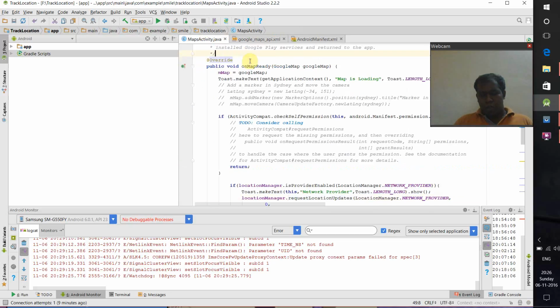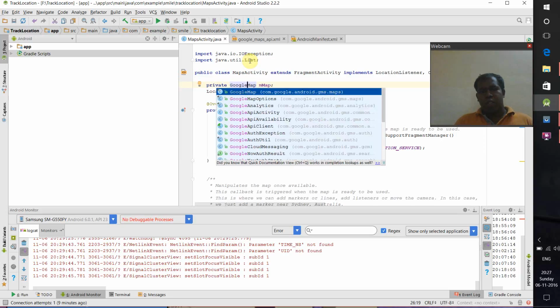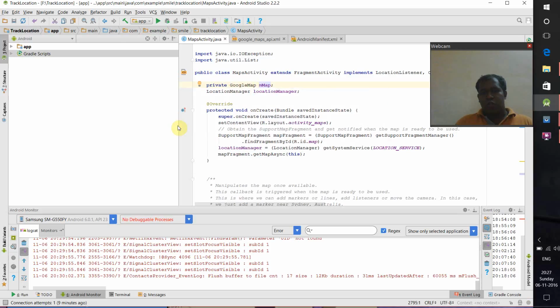Now we'll see how the code is executed to track our current location. We created an object for Google Map. The Google Map is a class that is used for creating these map APIs. This is used to interact with the map. So we are creating an object for that so that we can interact with